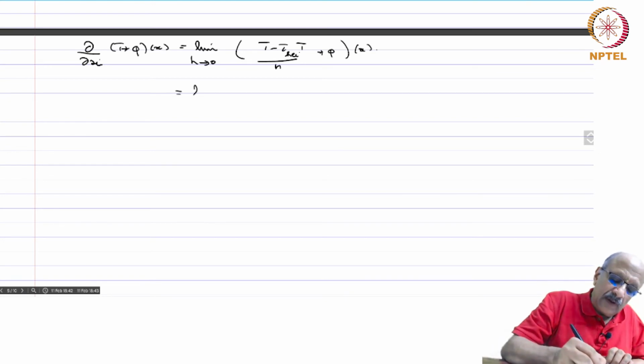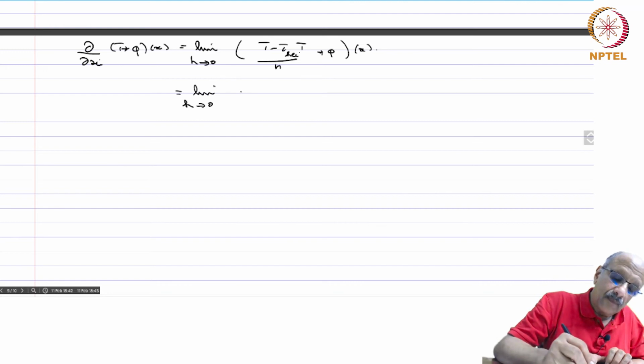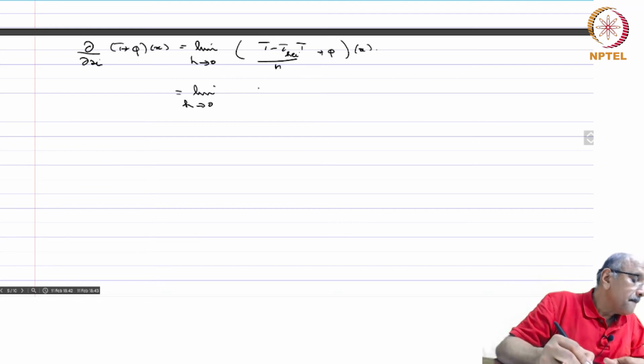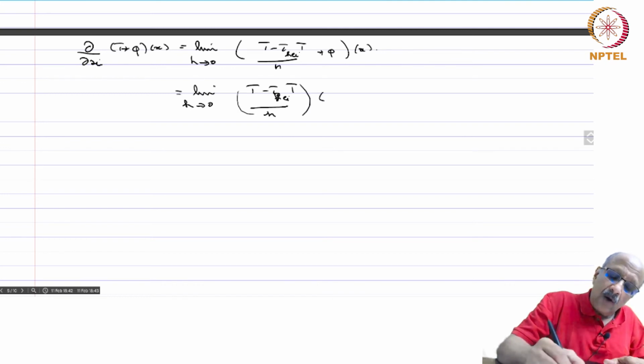That is equal to the limit as h goes to 0 of T minus tau h ei of T by h acting on tau x of phi, cheshire,